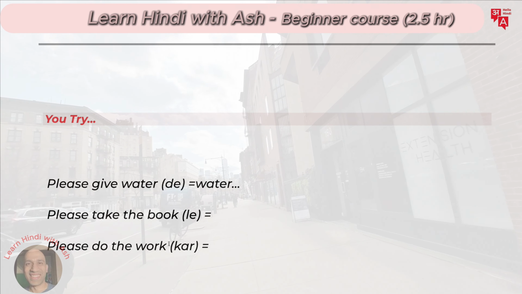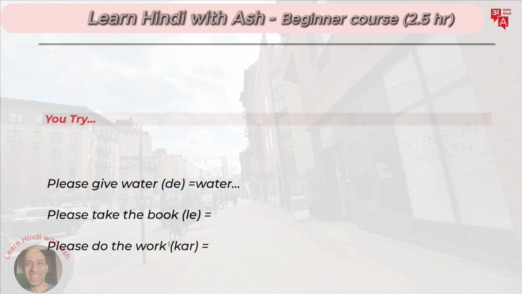So come means how can you say this? Remember, for gentle requests, you always use iye, aye, right? And then you say please sit. What's the word for sit? It's bet. How can you say please sit? Bet. Iye. Please sit. Welcome. Sit. Right? Welcome and please sit. Aye. Baithiye. That's a common way of saying it. Aye. Baithiye.